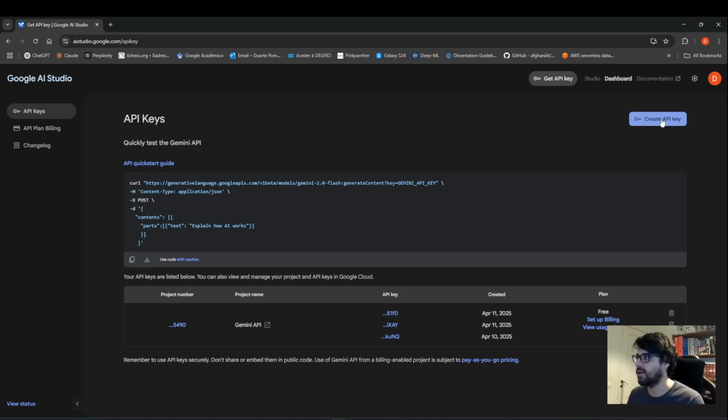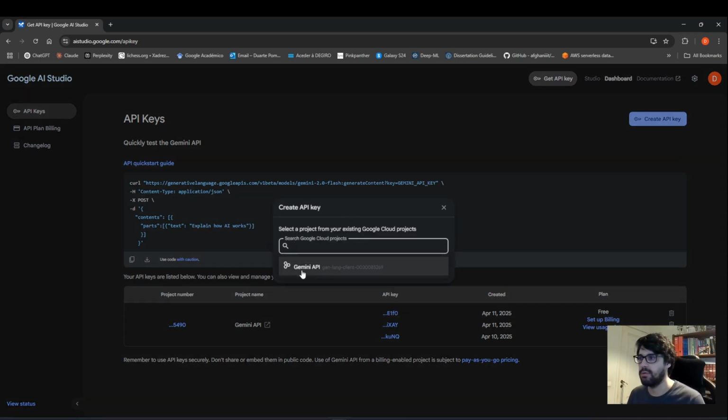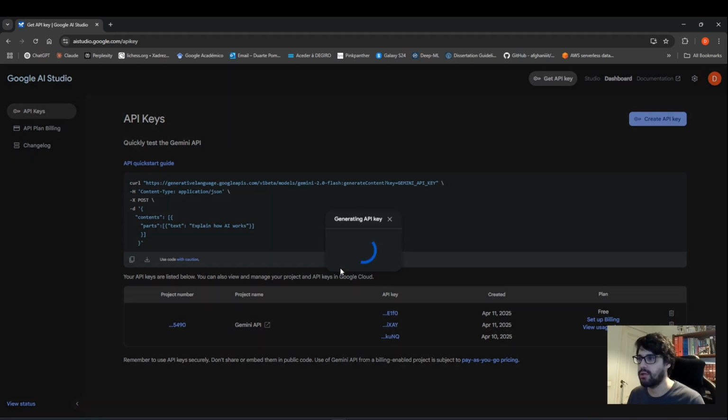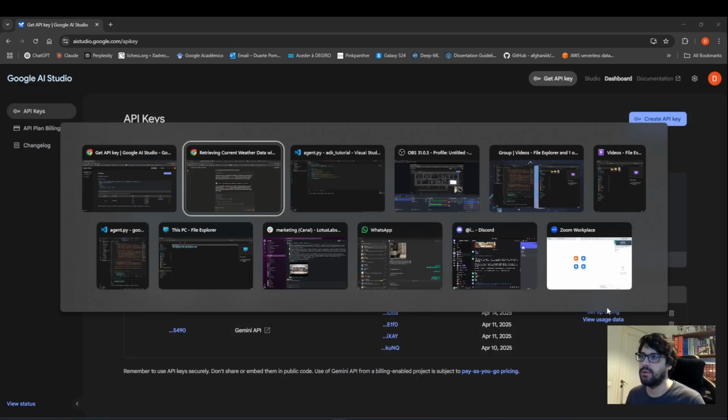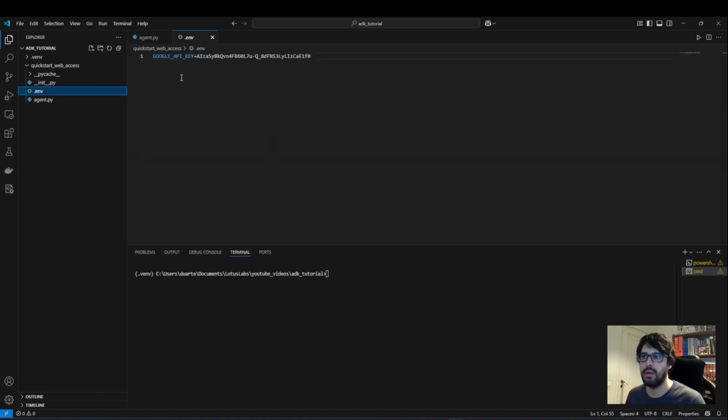You can just go create API key, and you just select the project that you have, create API key in existing project, and this will generate your API key, and you just copy. Okay, so you have to copy. If you quit, you cannot access it again. And now if you go here, you would insert GOOGLE_API_KEY equals and then paste it, and that's it. Okay, so from this you already have access